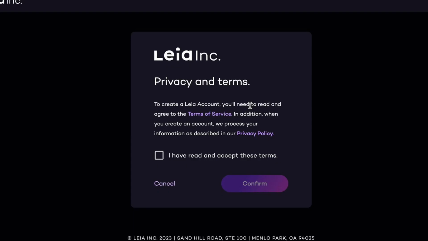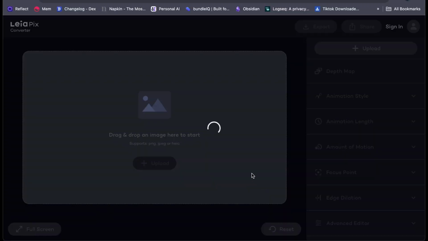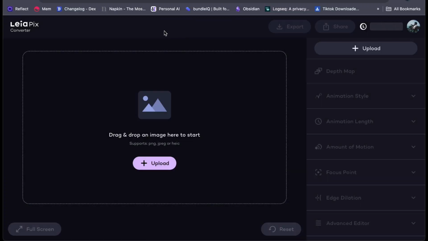Next, it is crucial to always bear in mind the importance of thoroughly reviewing and accepting the platform's privacy policy and terms of use. While I won't be delving into the specifics right now, I highly recommend that you take a moment to peruse these documents before proceeding. After you have ensured that you are comfortable with the terms, go ahead and click on the confirm button to move forward. And just like that, we have successfully established an account, granting us access to the powerful capability of